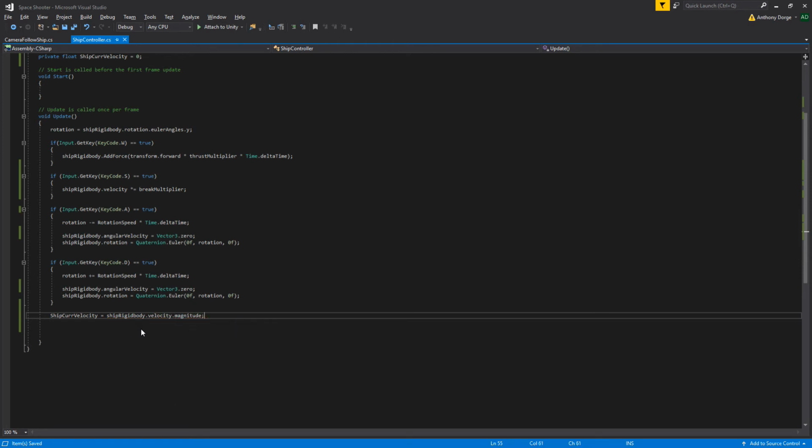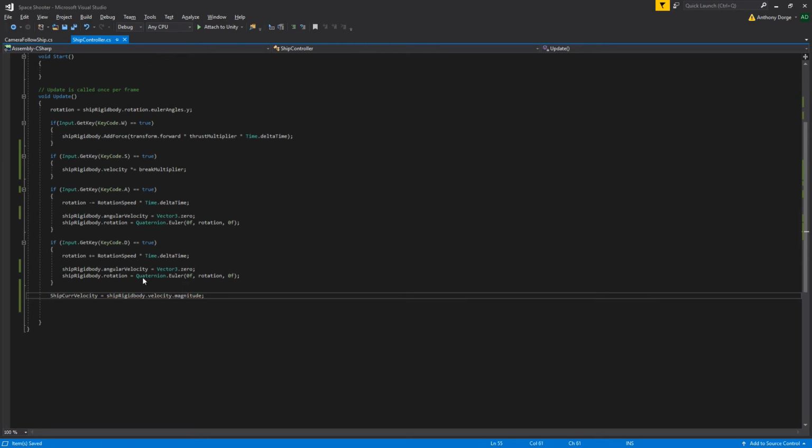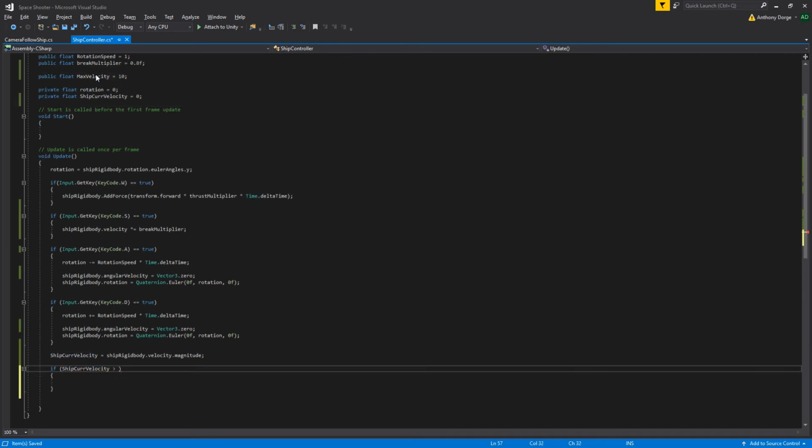Now what magnitude does is it essentially combines the components to give you the magnitude of a vector. It's a math related thing, but the way that it works is you combine x and y, or x and z, whatever it happens to be, into a single number that represents how much that is. So after we have that, what we can do is check to see if it's greater than the maximum. So we'll take the ship's current velocity, and if it's greater than the max velocity,